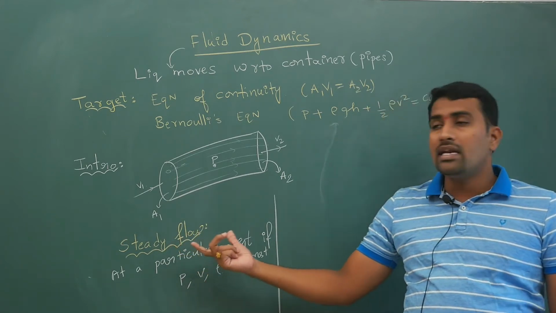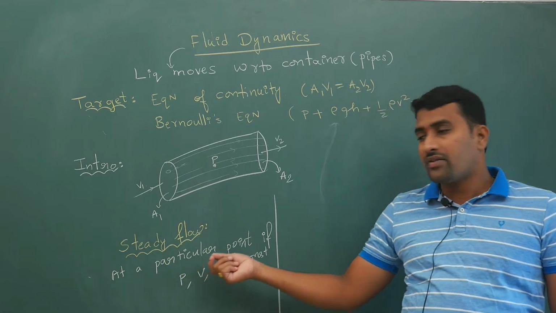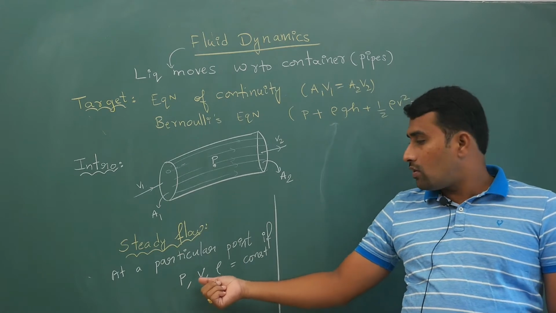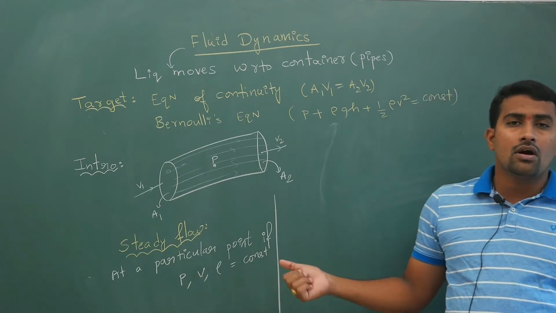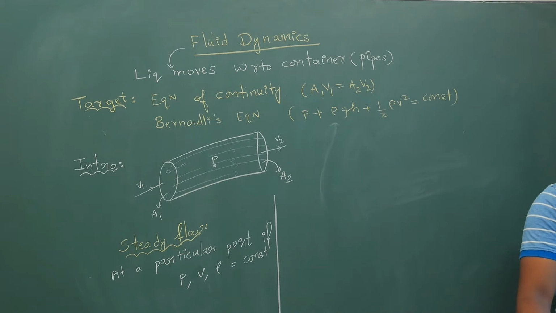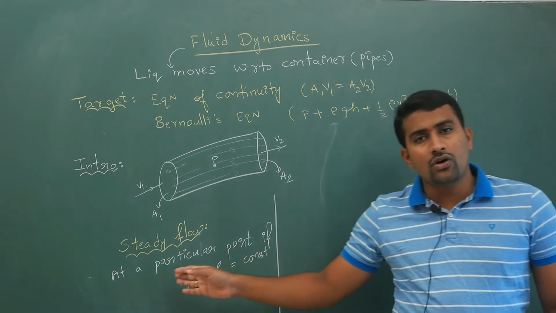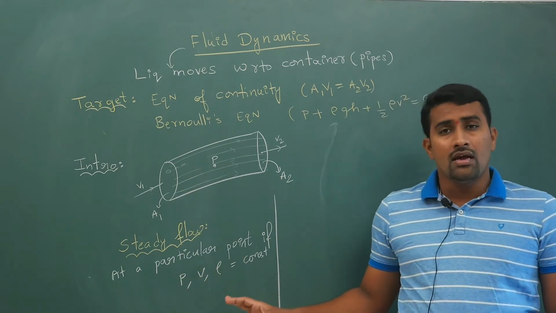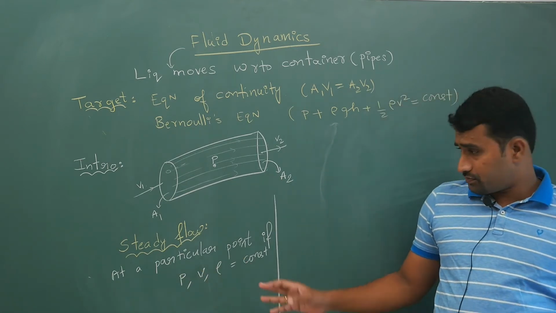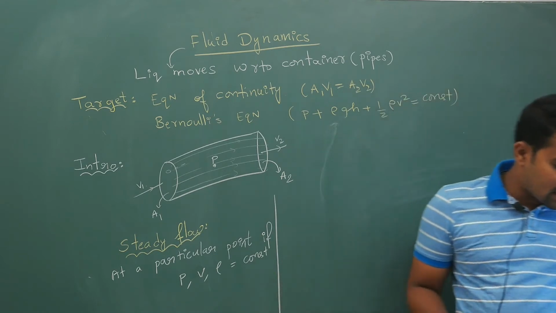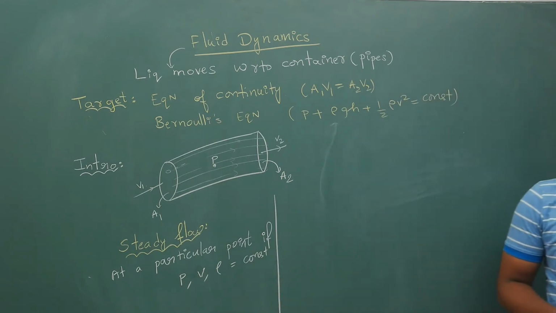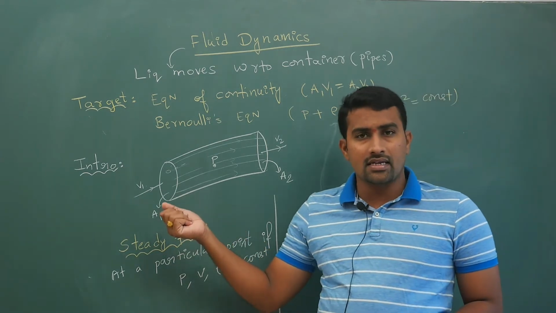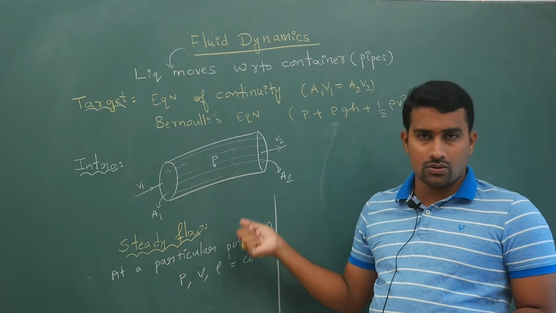So a liquid is said to be in steady flow if at a particular point in that flow of the liquid, your pressure, volume, density all will remain constant. Such kind of flow you can call steady flow. Any flow other than this, if this condition is not satisfied, you can call unsteady flow. So we will consider steady flow. Next, your streamline is indirectly nothing but the path followed by the particles.